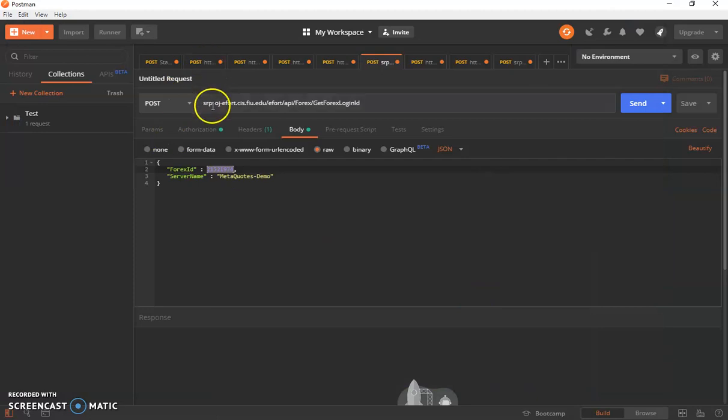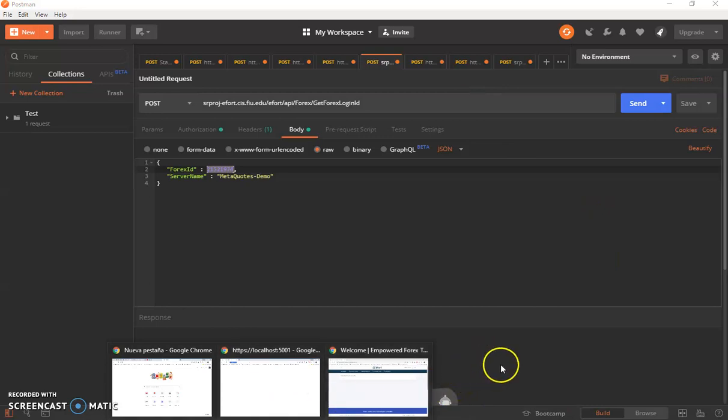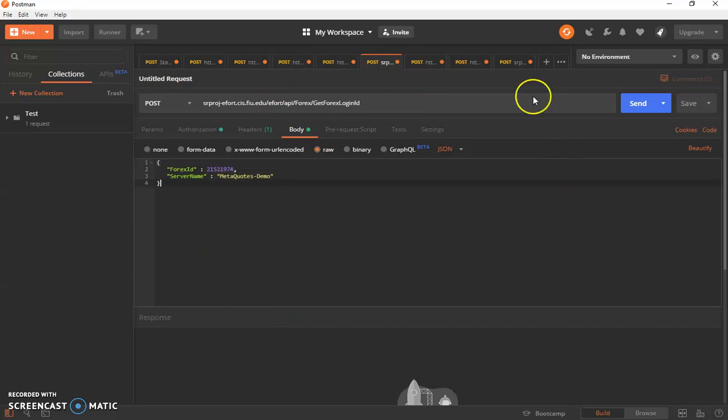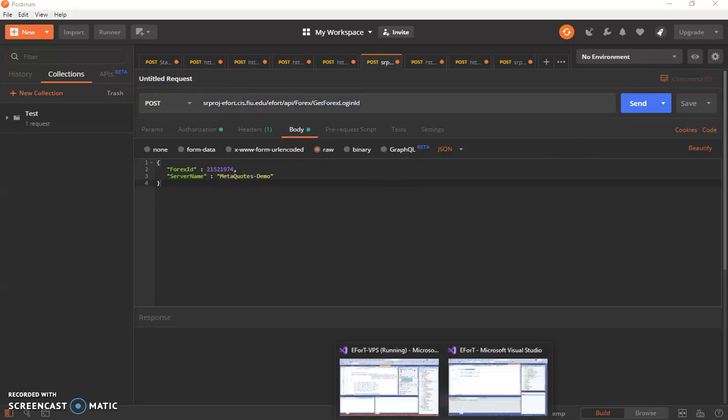So yeah, if you want to test functions that are already deployed, use this. But if you want to test functions that you did locally, you're going to have to use localhost. Okay, so I recommend that you test everything that you did in local, using localhost and then deploy, instead of deploying and then testing it on the deployed site. Okay, so I'll show you how to test on localhost here, but